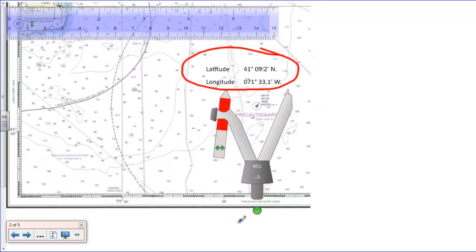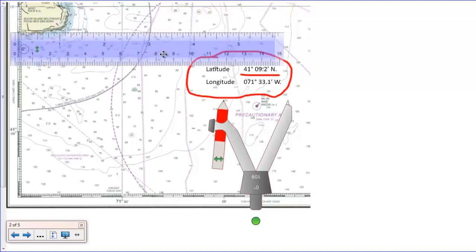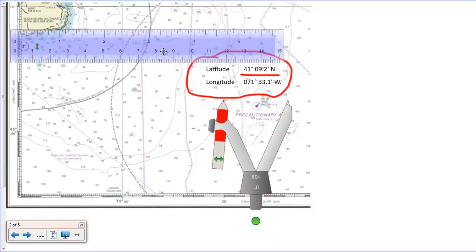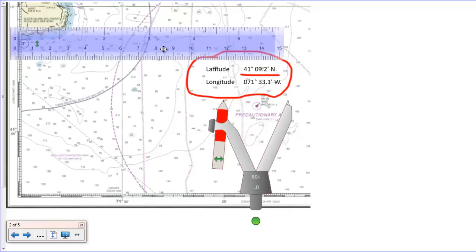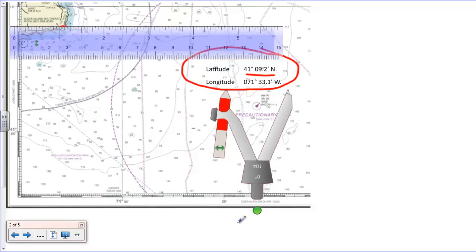I'm going to start out here because it happens to be closer to our 41 degrees 9 minutes. We're right now at 41 degrees 10 minutes north latitude. So this would be 41 degrees 9 minutes. This would be 41 degrees 9.1, and this would be 41 degrees 09.2 minutes. Now, by looking at this, you can probably make the assumption it's that Block Island light, but let's